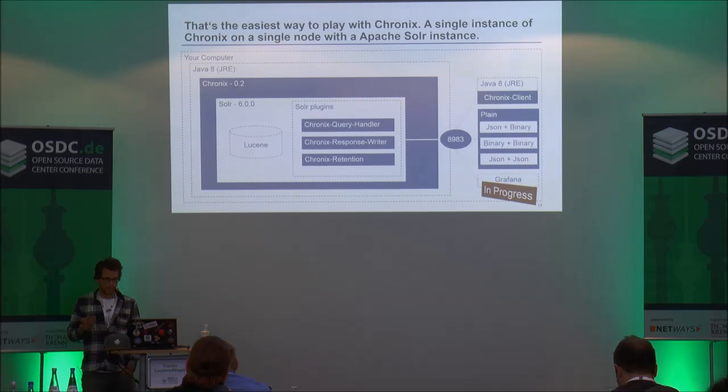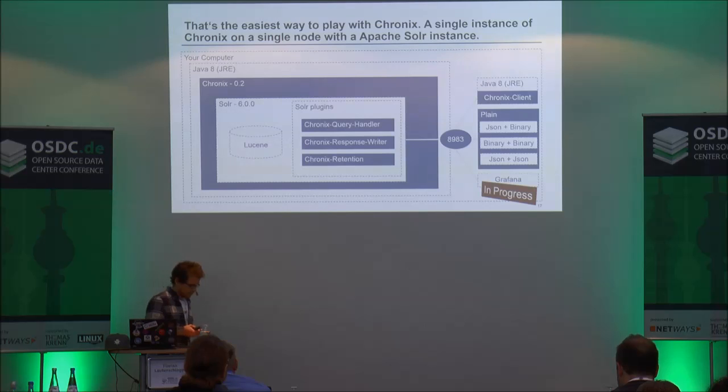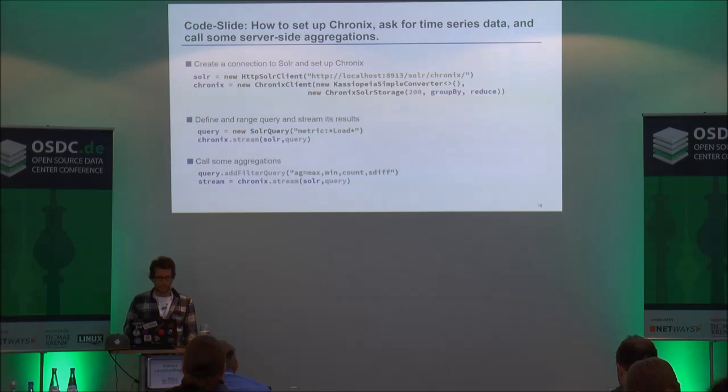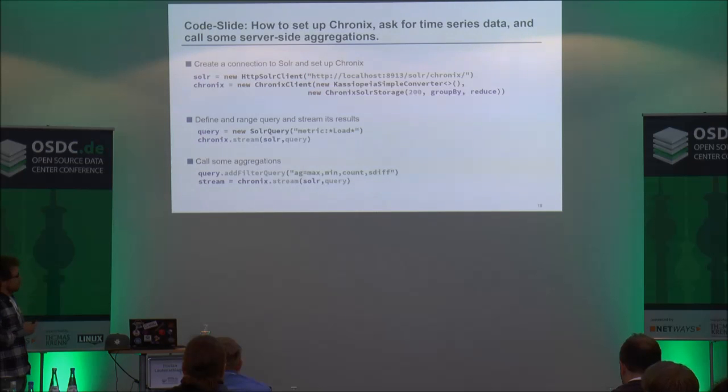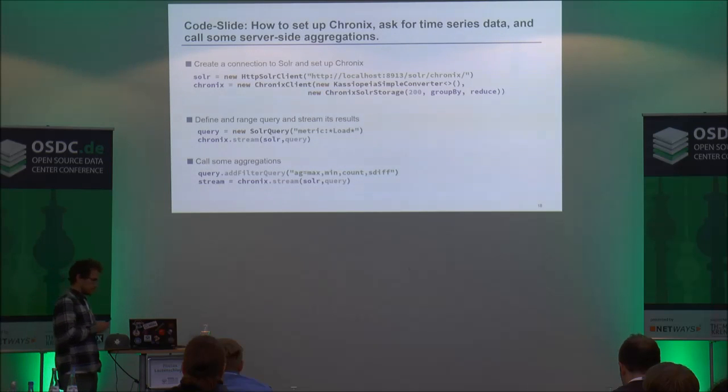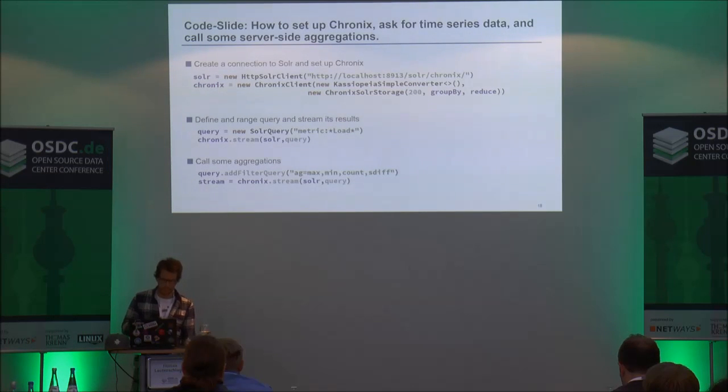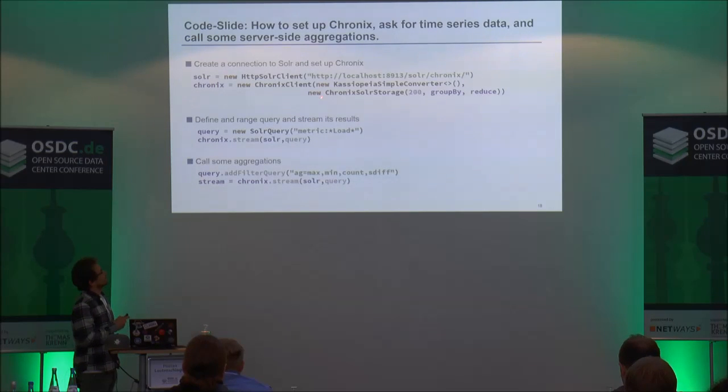And Chronix is a young open source project, and we only have one native client in Java. And I want to show you how to use that client. One first has to define a connection to Solr using the standard Solr API and a Chronix client. The first argument is the converter. Cassiopeia simple converter is the default for time series of numeric values, and one has to define the Chronix Solr